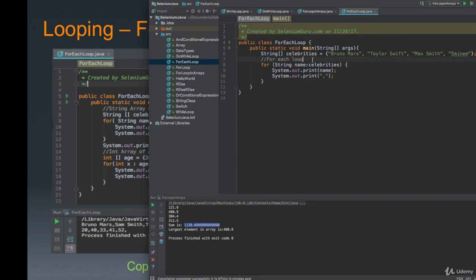I got a for each loop, but it's going to loop on this celebrities array. So I created a local variable called name, right? Since this is a string array, I have to make that variable string as well. Then your string name becomes Bruno Mars in the first iteration, and I'm printing that Bruno Mars and the comma in here. Now the next iteration, your name becomes Taylor Swift. So we're doing each